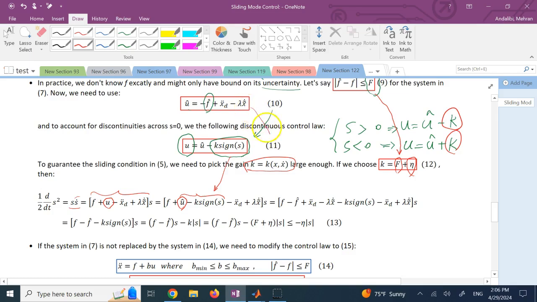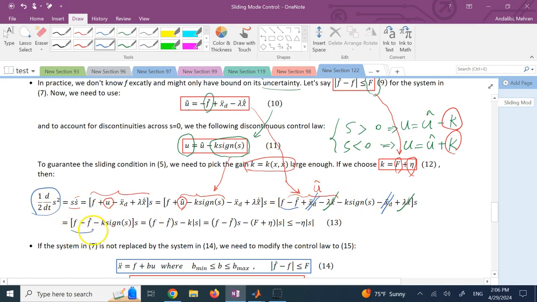And then for u hat, we're going to pick the signal we have in 10. So that is going to come right down here. And so u hat is negative f hat plus x d double dot minus lambda x tilde dot. Okay, so that is u hat here, and this minus k sine of s makes it u. Now if you look, this term and this term would cancel, and this term and this term would cancel. And so your s s dot, or the left-hand side, is going to be equal to the remaining of it,